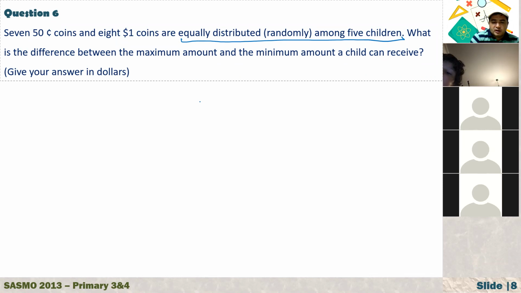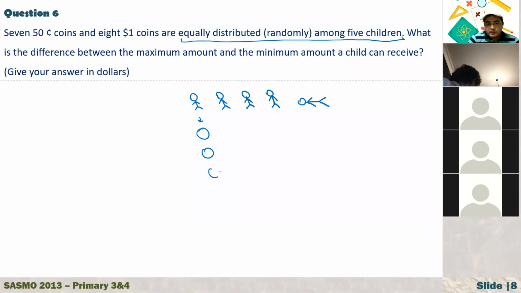Okay, then now we can start trying. Now we are talking about 5 children. This one is Shamil, and this one is Nazlı. This one is Sadiq, and this one is Neil, and this one is Yasmin. Yasmin is sleeping. Okay, so this guy gets 3 coins: 1, 2, 3, and 1, 2, 3. Another third guy gets 3 coins, and this one is also 3 coins, and also Yasmin receives 3 coins.